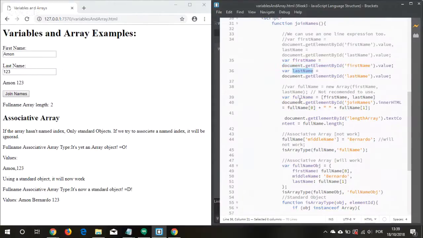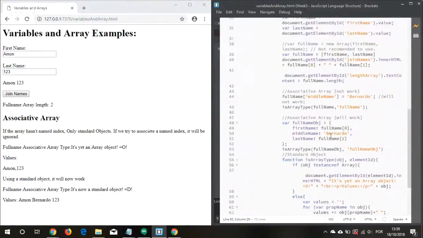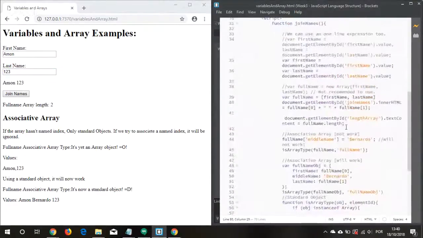The first name variable is getting this input text value. Last name is doing the same thing, but for the last name input text. And the array is a full name variable that will store two values, the first name and the last name. We can do it also using